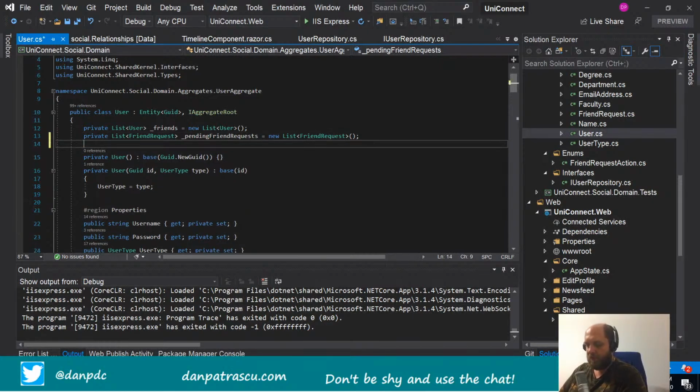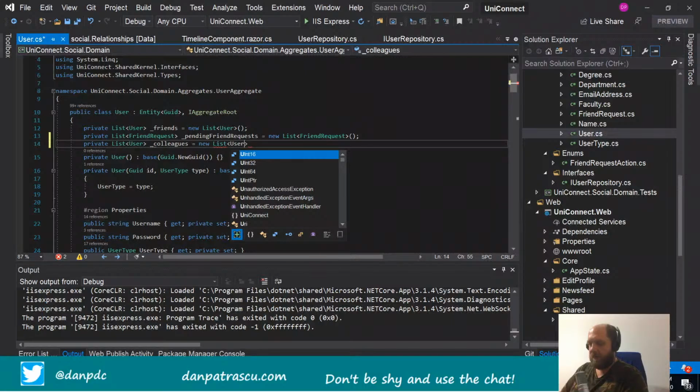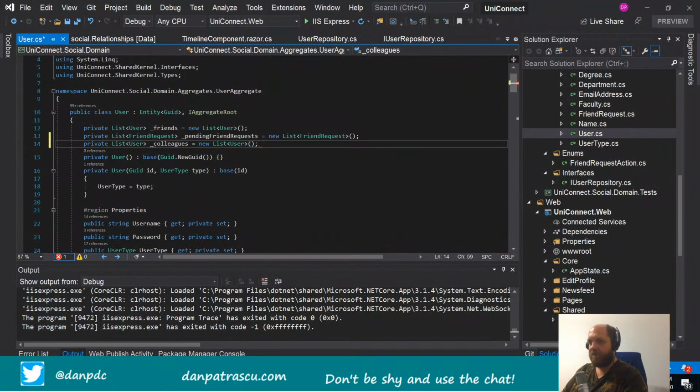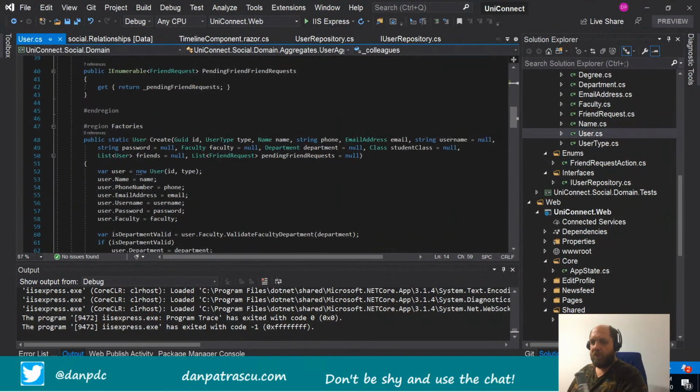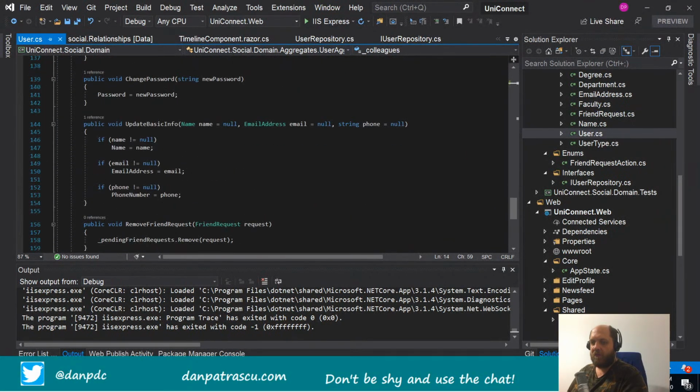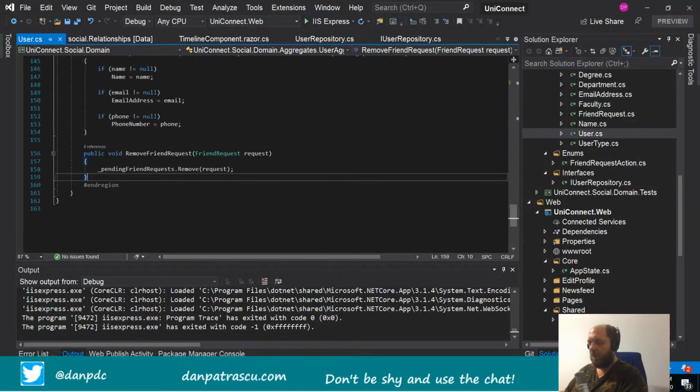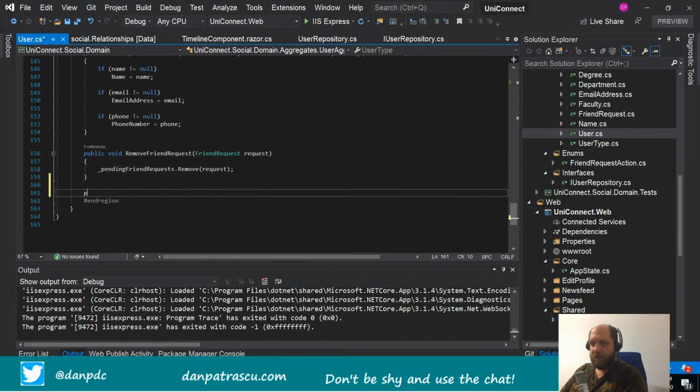We'll have here a private list of user that would be colleagues, and by default it would be a new list of user that will actually be empty. And then what we will do here is we'll add another public method for consumers and say, for instance, public void add colleagues,